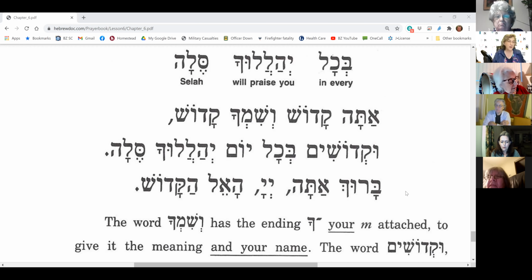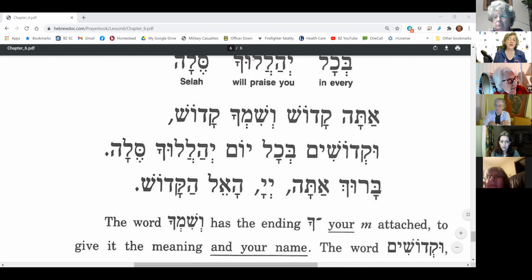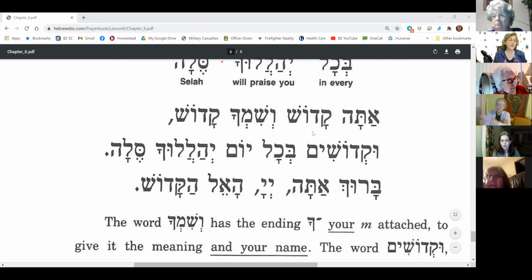Where are we? What word? Okay, I'm looking, sorry. I'm not seeing your cursor. Can you see it now? If I turn it into a teeny tiny dot, I have no idea why the spotlight is not working. Now it's red. Now I see the hand. Can you see it? How about if I do this? There it is. Can you see this word? Yes. Kadosh.